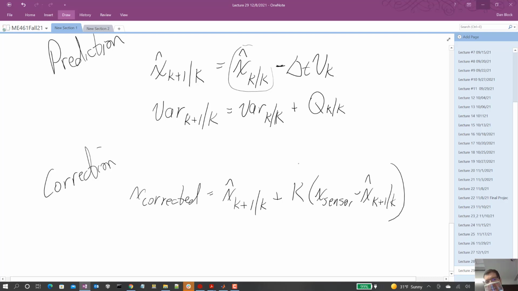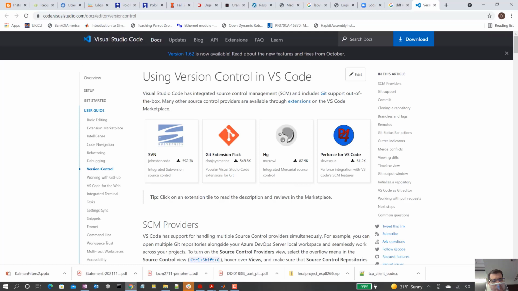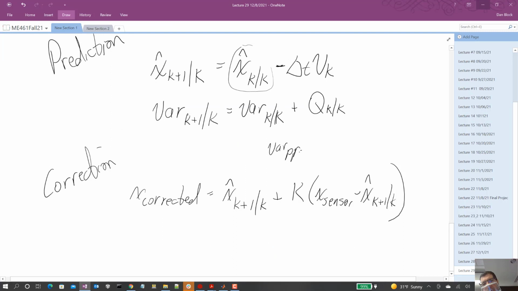Where, again, K is equal to the variance of the prediction over variance of the sensor plus variance of the prediction. Okay, so that's our corrected, and then our variance,